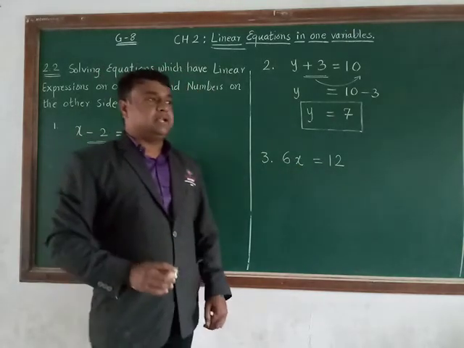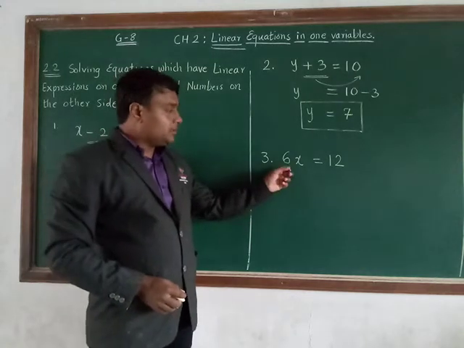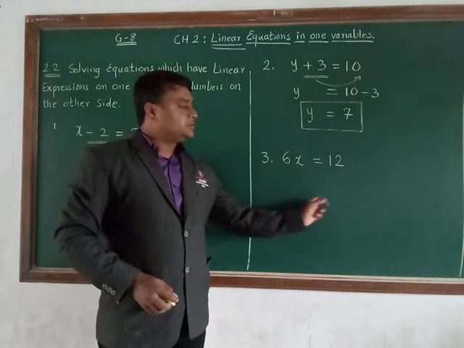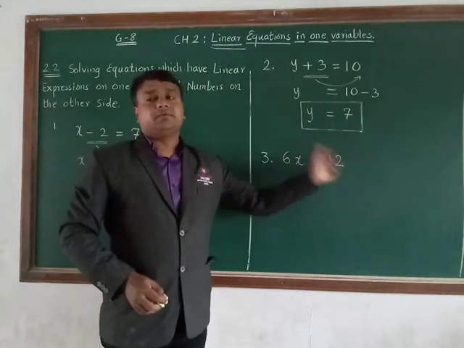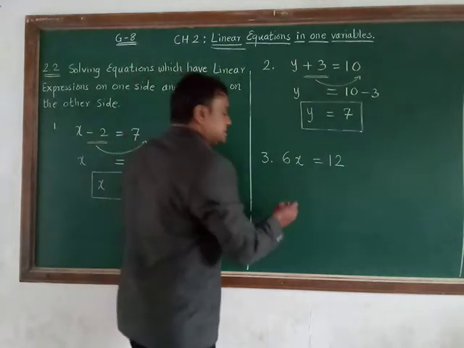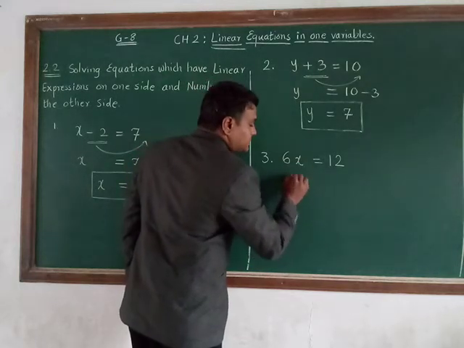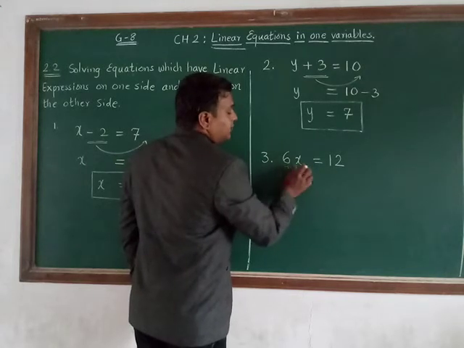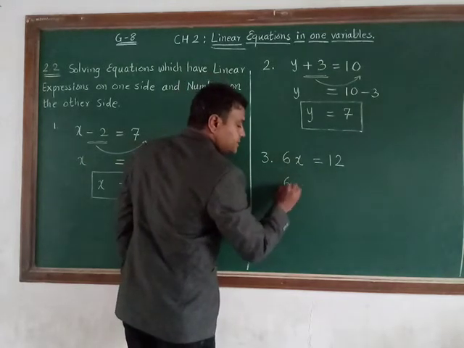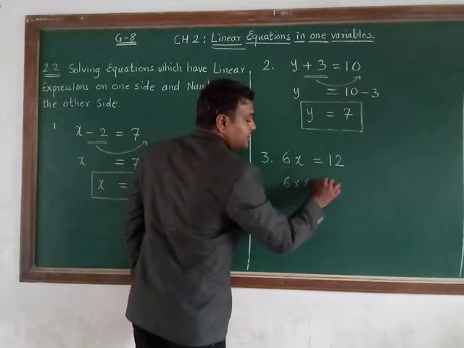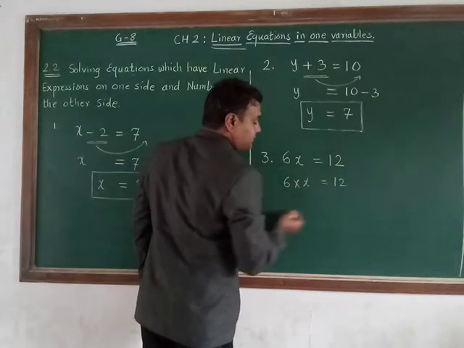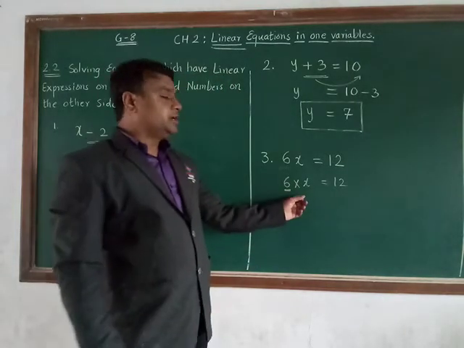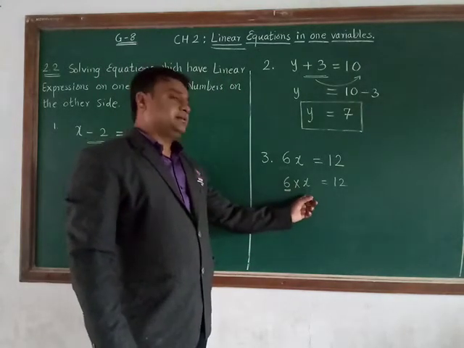And as we know, whenever a value is multiplied over here and we transpose it to the right hand side, it becomes divided on that side. Okay, let's do that. We have to keep x, so we have to transpose this 6, which is multiplied to x. So it is actually 6 into x, equal to 12. Most of the time the sign does not show here, but it is actually like that.